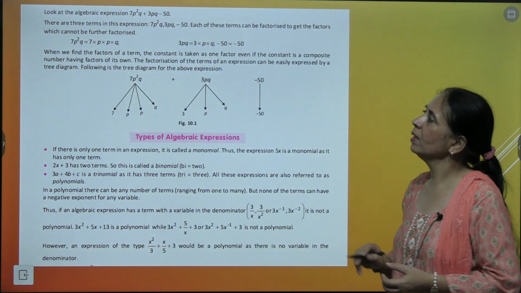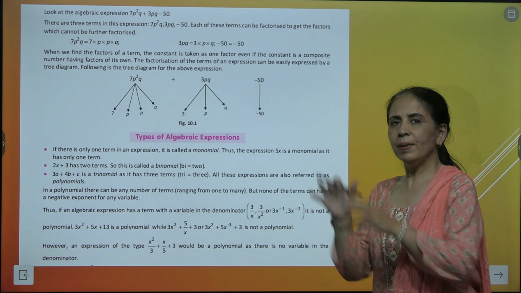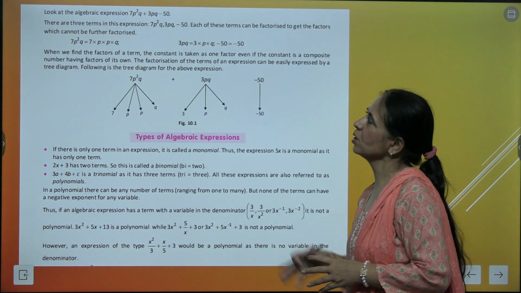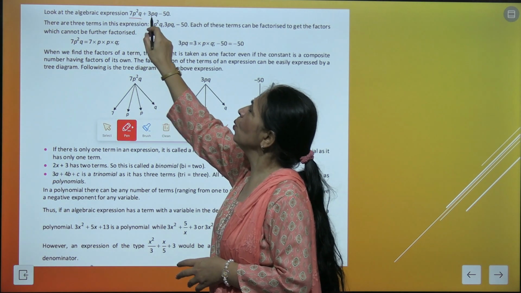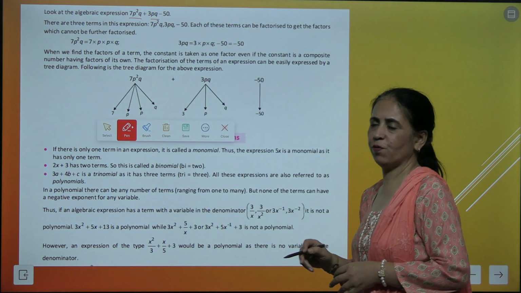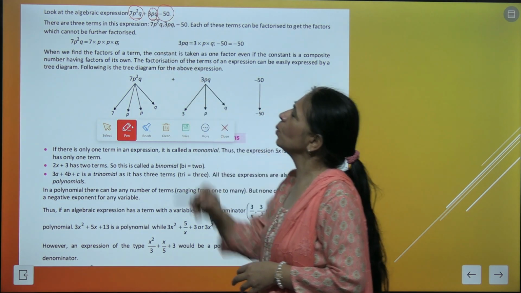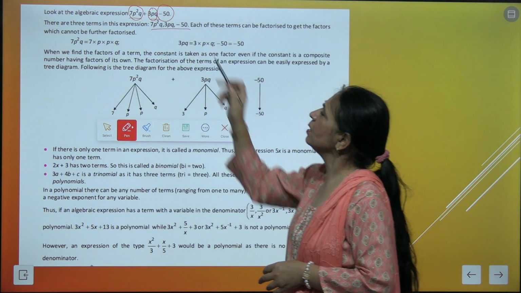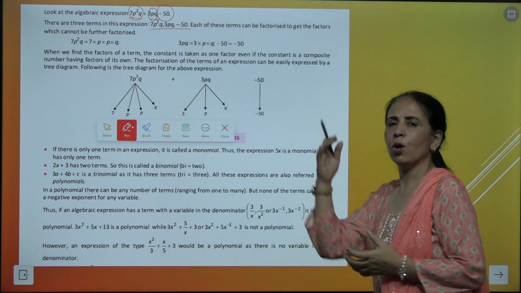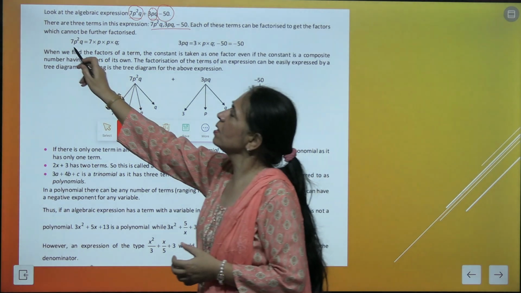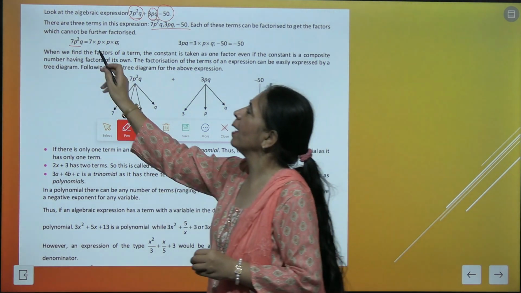Now we move further and here we have an algebraic expression. अब हम देखते हैं यहाँ एक algebraic expression। तो हमें algebraic expression दिया हुआ है 7p² plus 3pq minus 50 and ये 3 different terms। So we say that we have 3 terms and each term is the combination of constants and variables। तो first term है हमारी 7p², इसका मतलब है 7 multiply p